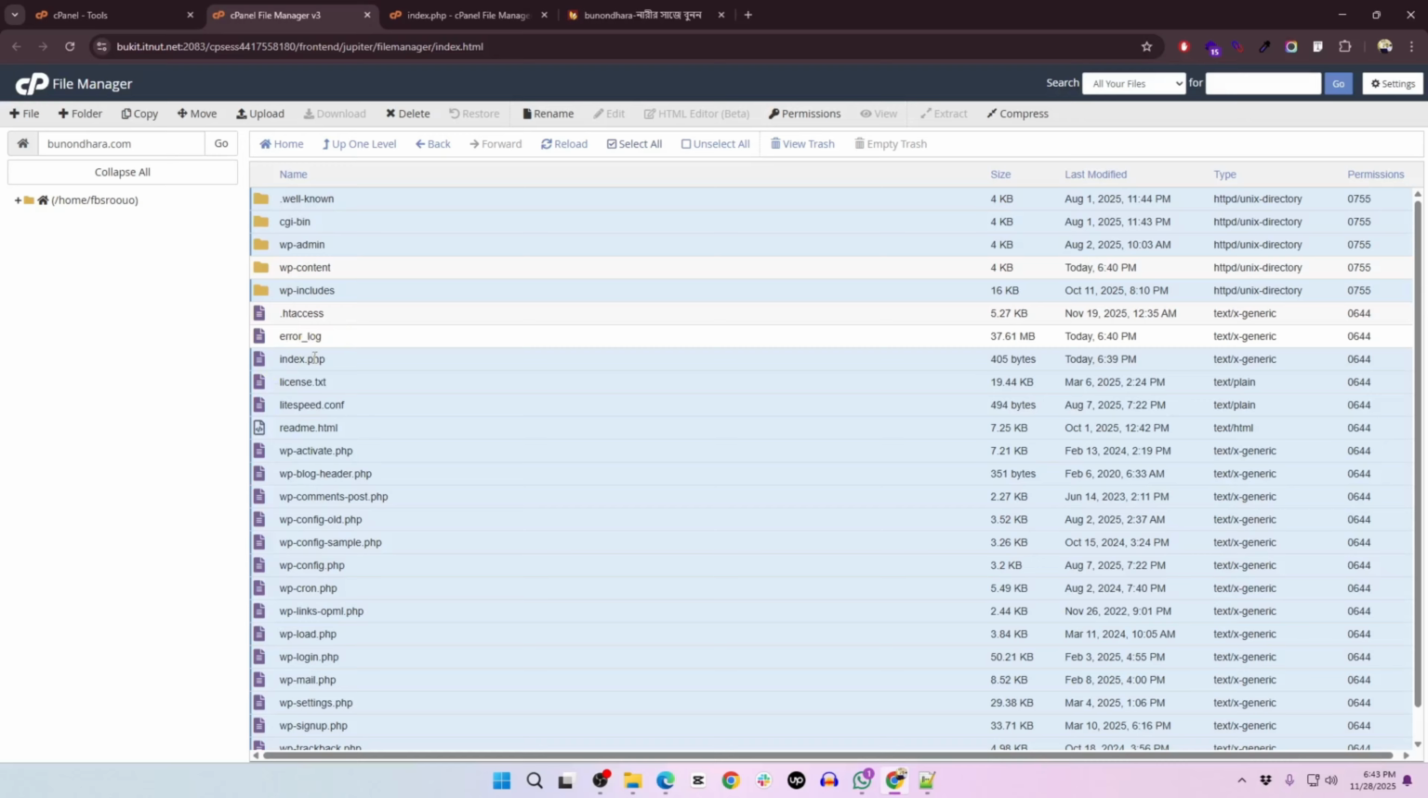We will delete the index file. We will delete license. This is also maybe not our file. This is not an important file. Readme.html, we will delete this. Actually, I will keep only this